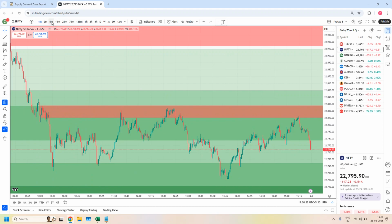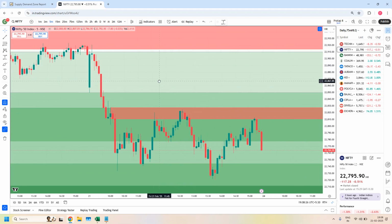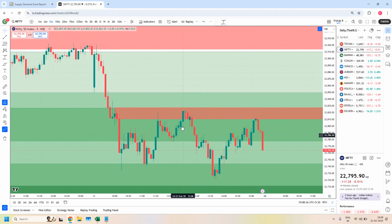So that's why I looked into this 5-minute zone. See, this 5-minute zone gave you the first opportunity. If anybody missed, again a second opportunity. Either side you would have got, and once again it pushed the prices. Maybe you might have captured another 80 or 90 points, maybe 100 points move